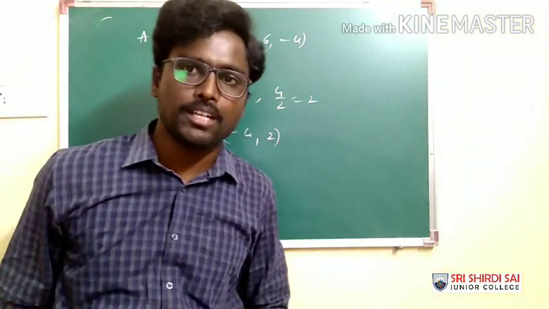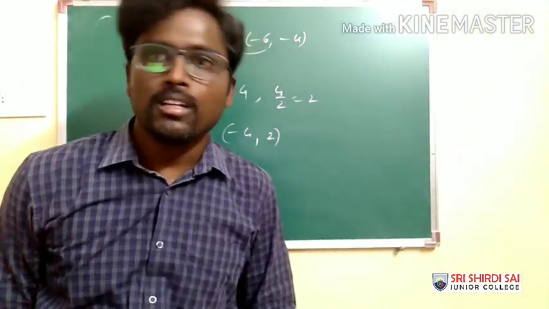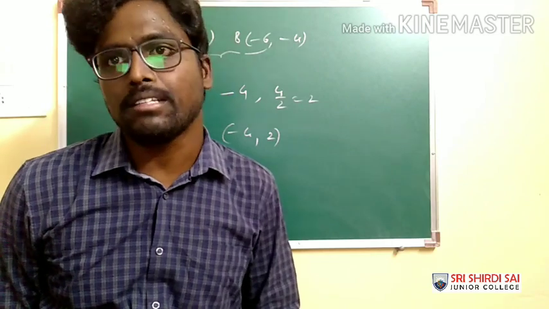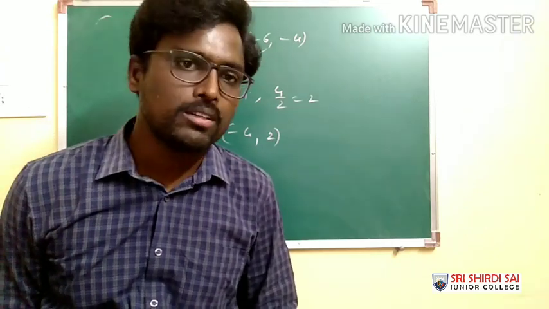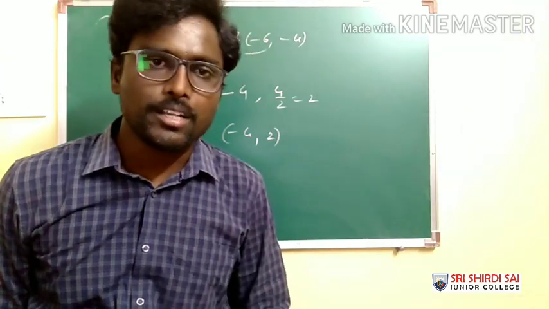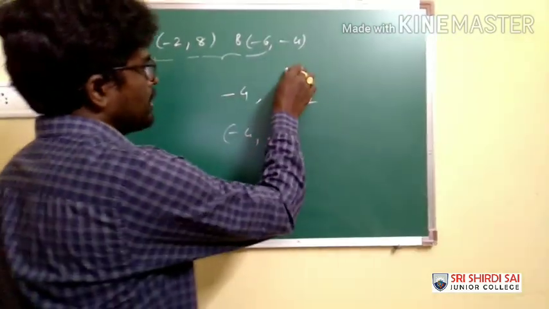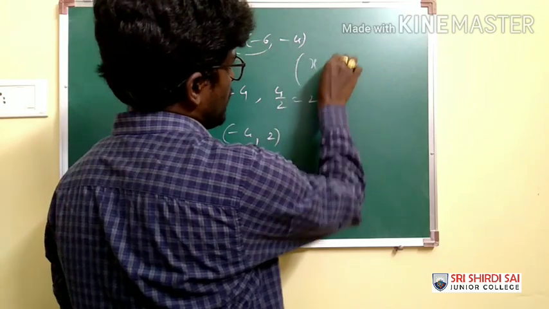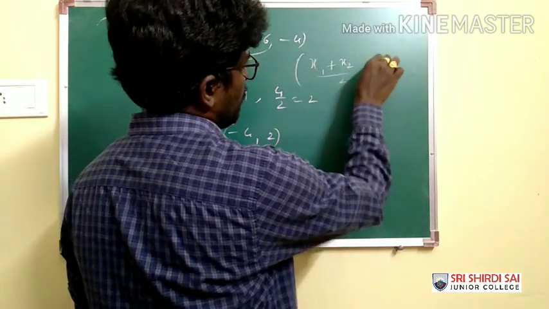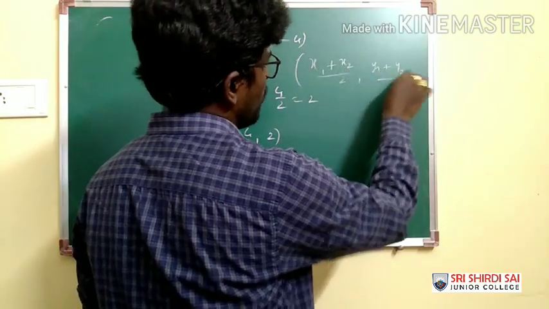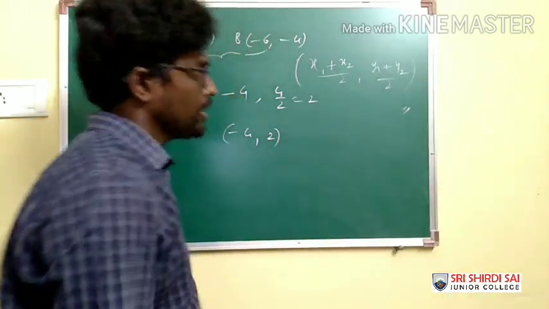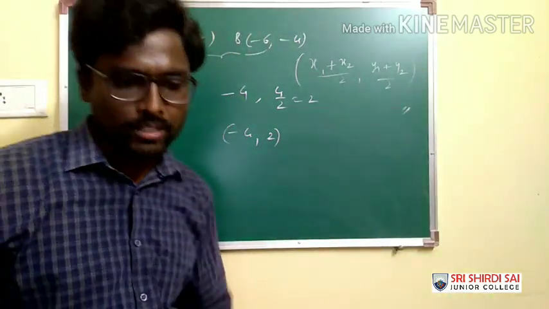What is the required option here? Option C. Here we have option 1, (-4, -6), (2, 6) and (-4, 2). See, it will not take you a long time to do the brain calculation. Again, if you write out the midpoint formula, (x1 plus x2) by 2 and (y1 plus y2) by 2, all this will take your time, and ultimately you cannot complete the paper within the given time.